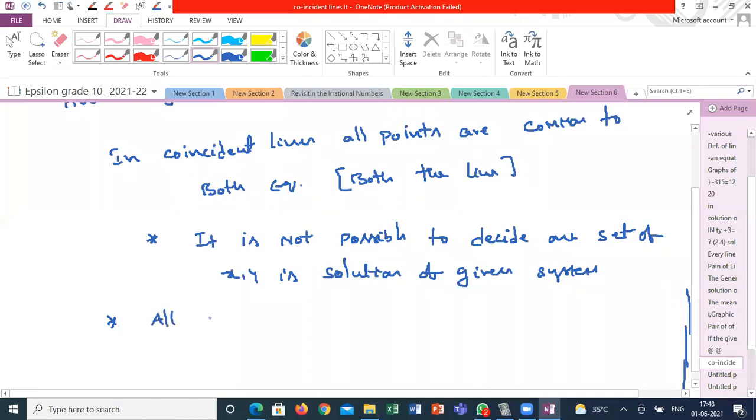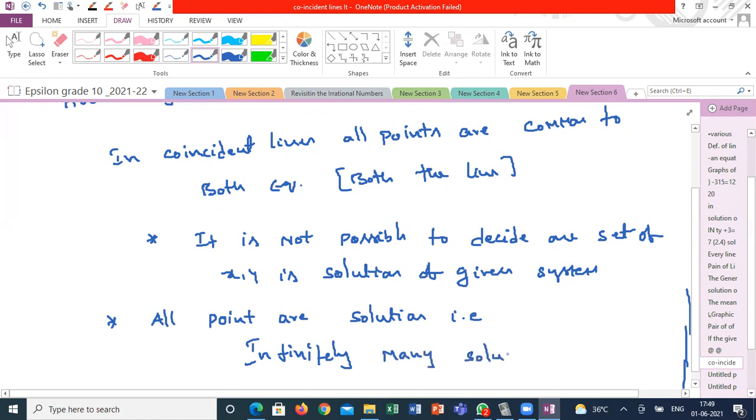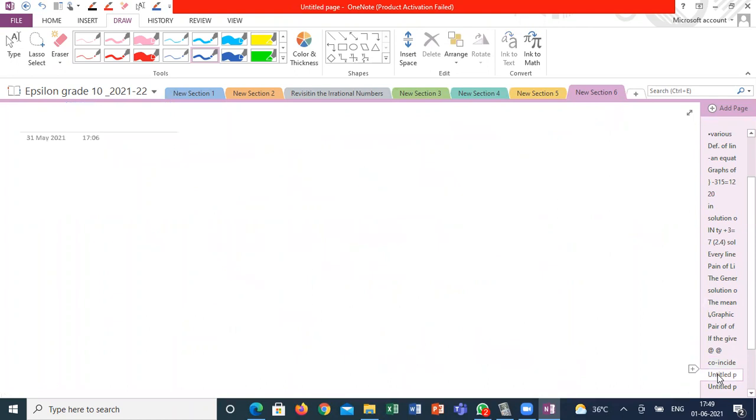So all points are solutions. The solution of this system is infinitely many solutions. Guys, got it? What I'm trying to say? Is it clear? Now I can move to the numericals based on this. Yes, sir. Now, just before going to the first method, the graphical method,